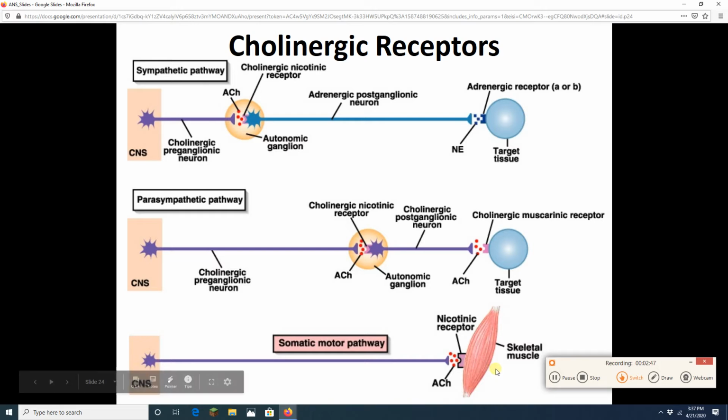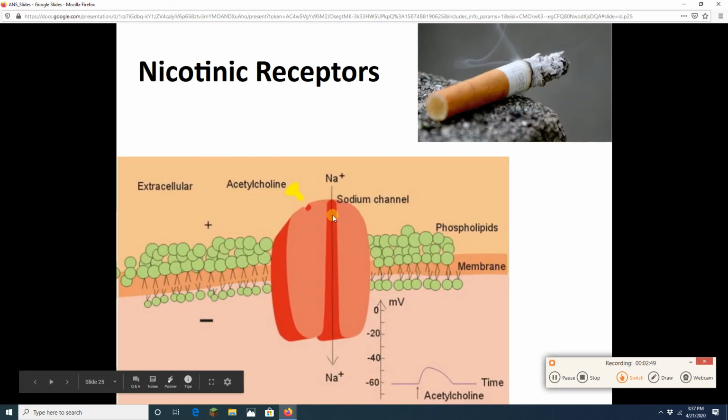So, bearing that in mind, if we look at our nicotinic receptor embedded here in the plasma membrane, it is a sodium channel. When acetylcholine binds to it, it opens up. Sodium rushes in, we get a depolarization, we get a graded potential,